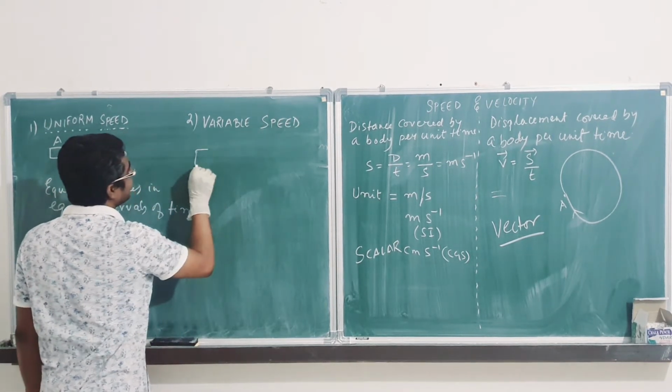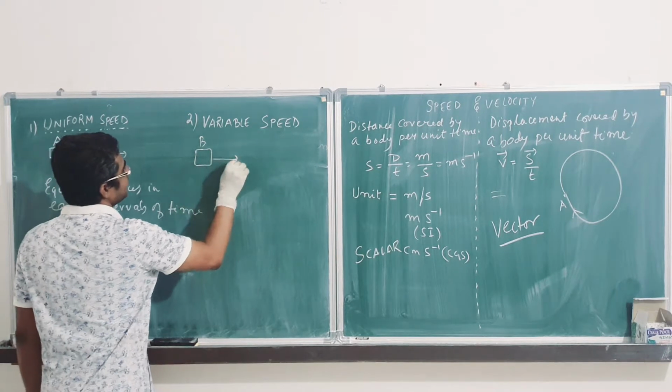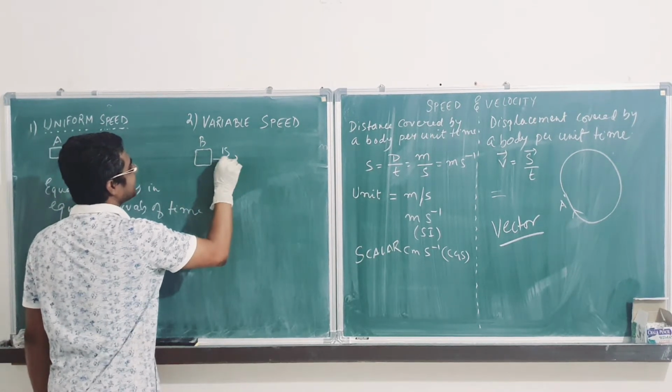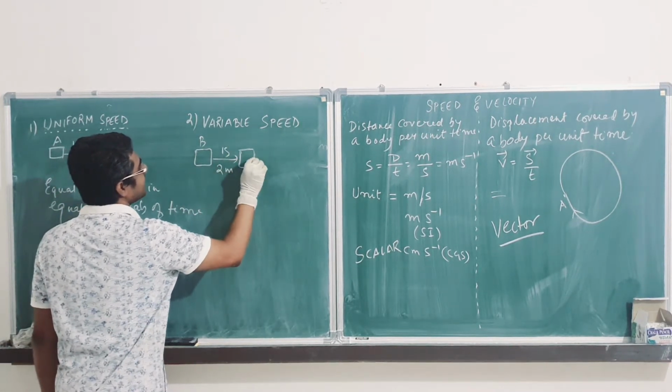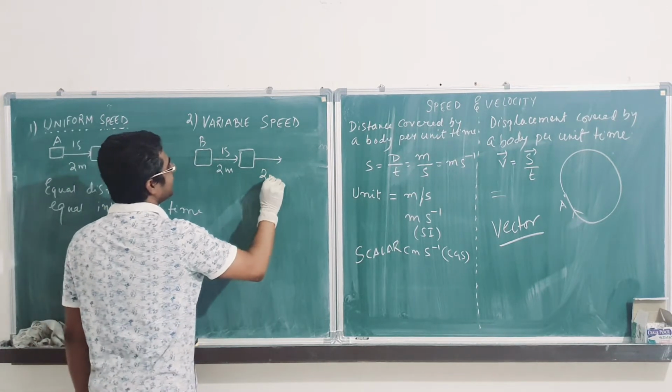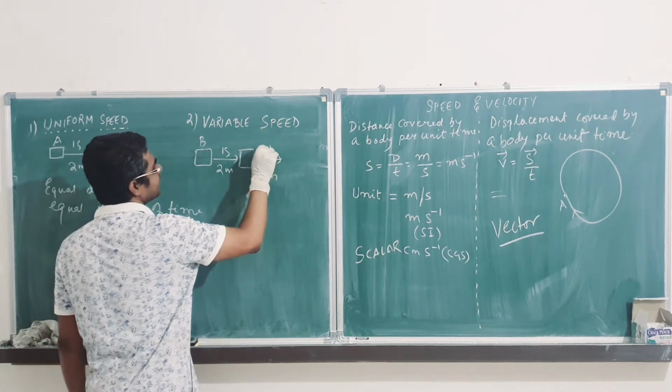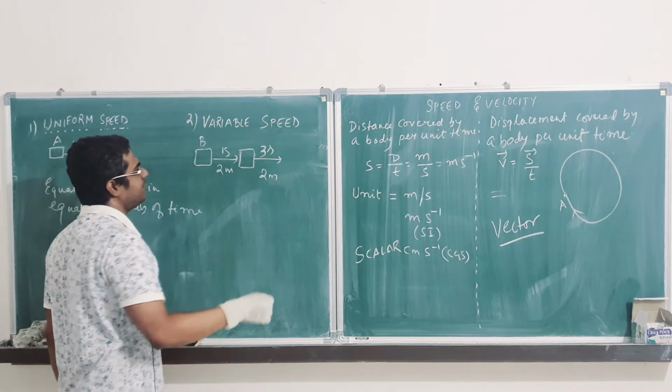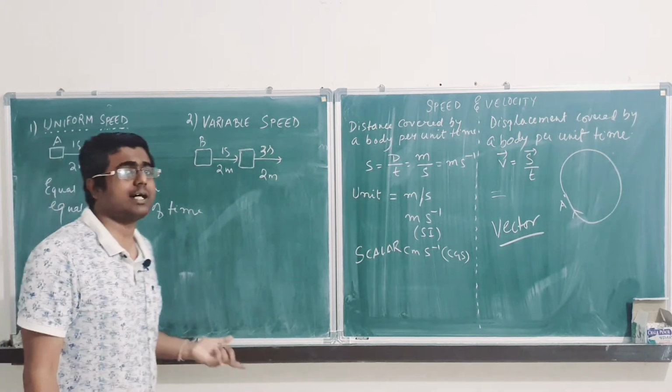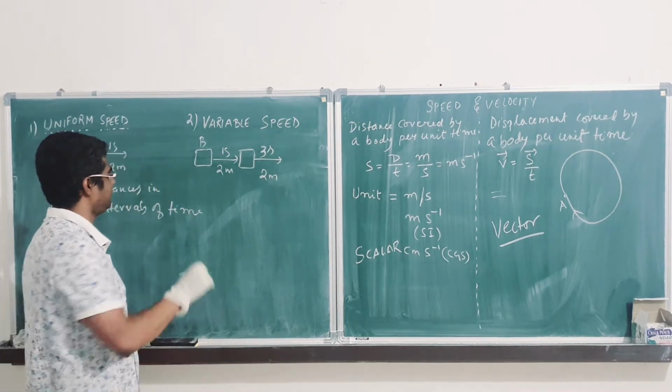Okay? I again take a body B. This time it is traveling 2 meter in the first second and then again it is traveling 2 meter in 2 seconds, or 3 seconds. It is taking 3 seconds to travel 2 meter. That means it is covering, you can say,